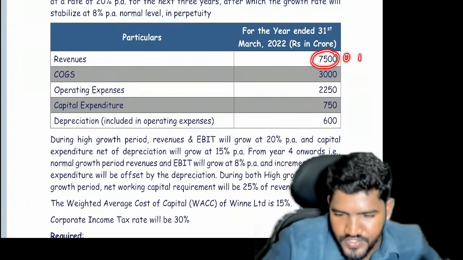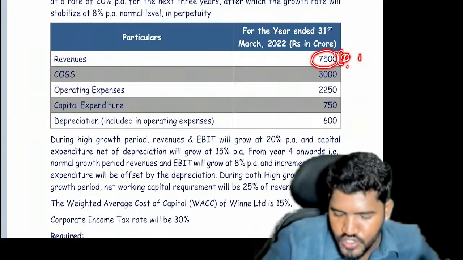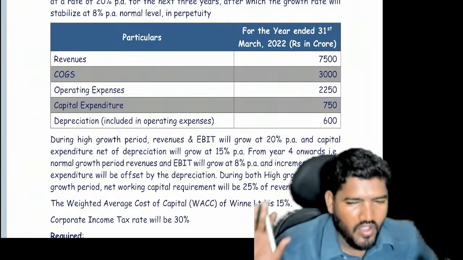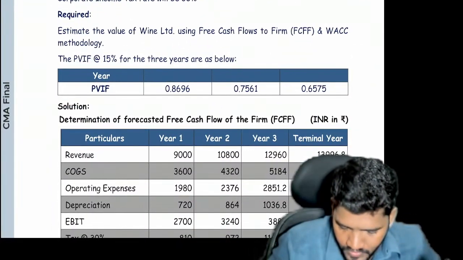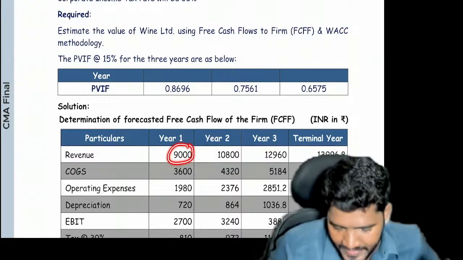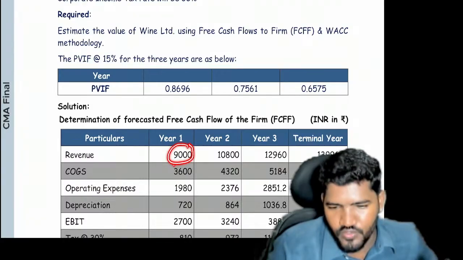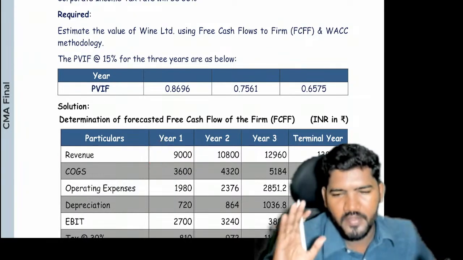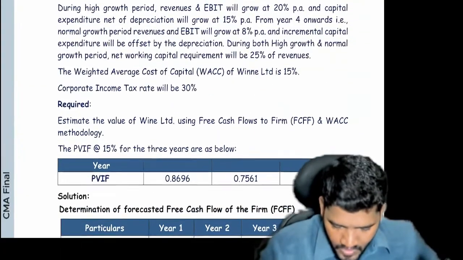If you want the first year, you have to grow this. You have to grow it at 20%. If you take it instead of the grown value, your answer is wrong. You can observe in year 1 it is not 7,500, it is 9,000. How do we get this? 7,500 into 1.2, 20% growth, so you will get 9,000. Instead of 9,000, if you take 7,500, your problem is automatically wrong. This is a common mistake area in this problem. Next,